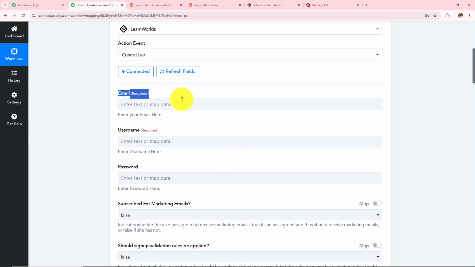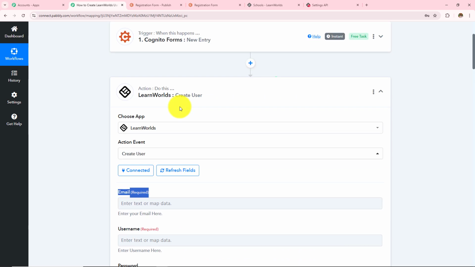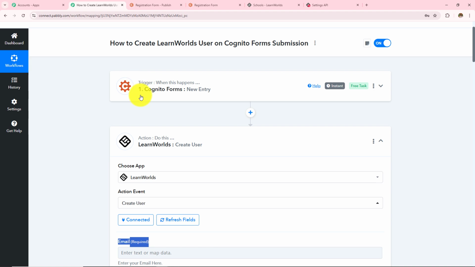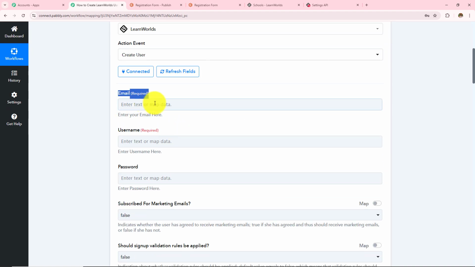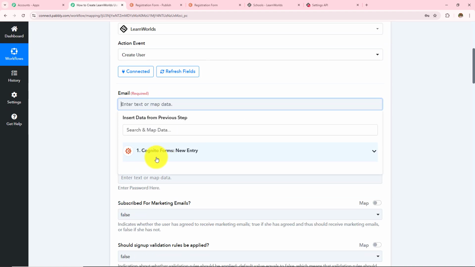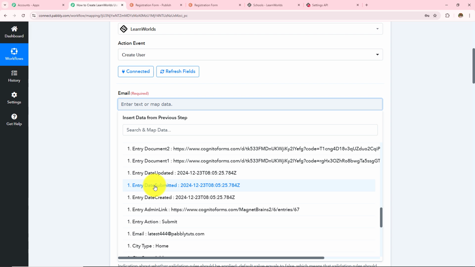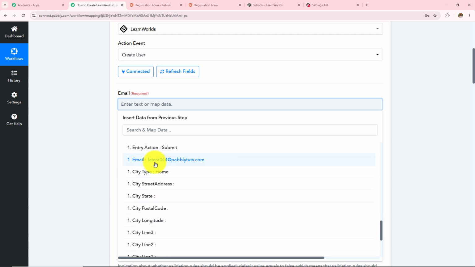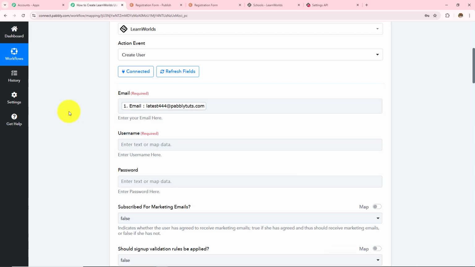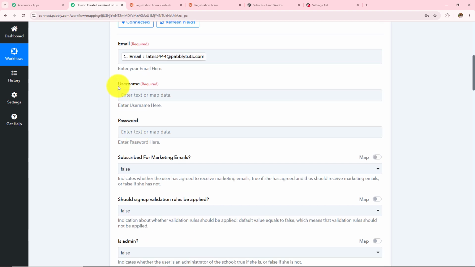Now I'm not going to enter this manually. Instead, I'm going to use a method called mapping, which means I'm going to enter data from my previous response. Now, when I click on this email field, this Cognito Forms will appear in front of me, and when I click on this, I can see all the responses that I've received from there. So the email address that we received was